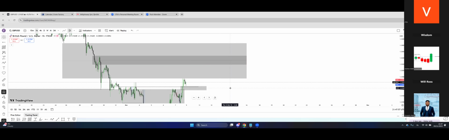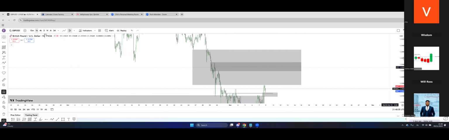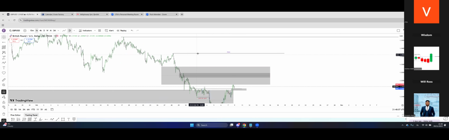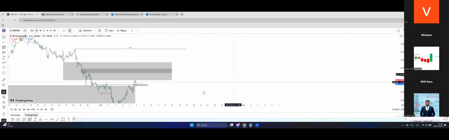But like I say, price has shown me good faith that it wants to keep going higher. To where exactly, like I say, we don't know. It could be this liquidity up here all the way. And again, you already know that it's two things: either sell-side liquidity or rebalance of an inefficiency, right?